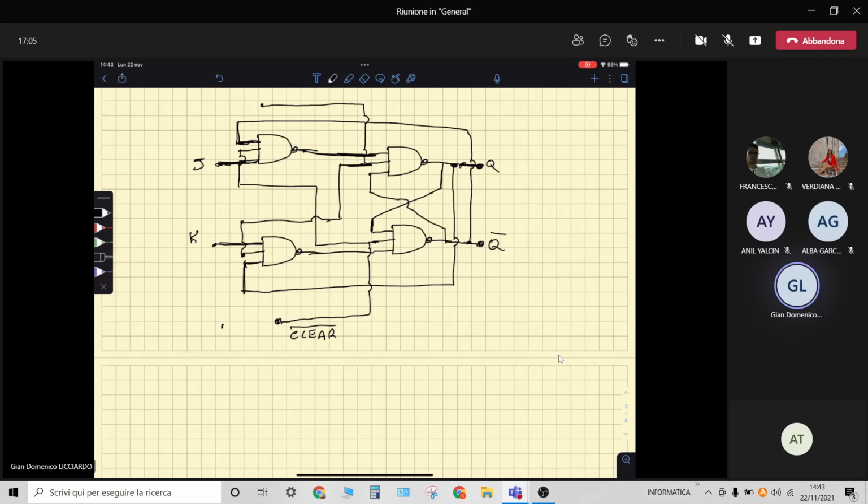Okay, this one and this one, and this also is a preset, an active low preset. Active low means that preset and clear must be 0, not 1, these two inputs must be 0 to operate. Okay, and indeed, for example, here, if I put clear at 0,